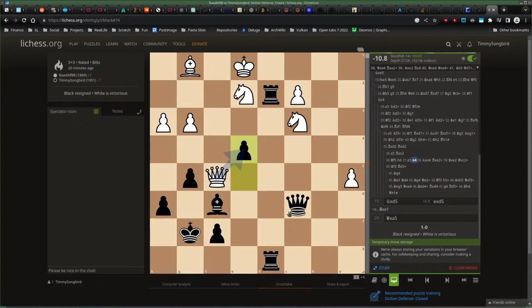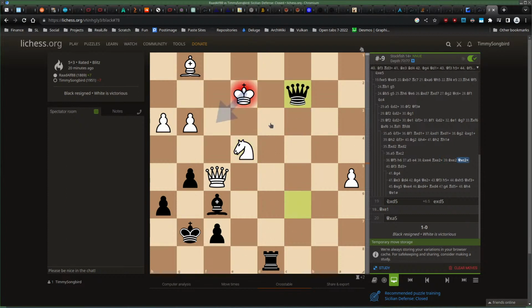And if I give check here, we say, well, I could put... oh no, you cannot. It also pins the bishop. Pins the knight. I mean, hello. Okay, so it takes it. Really weird sacrifice. This does pin the knight on the queen. And it's check, so we cannot take the bishop here. You have to keep giving check though.